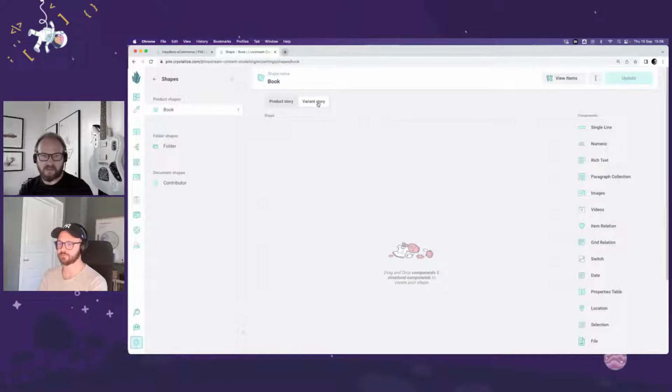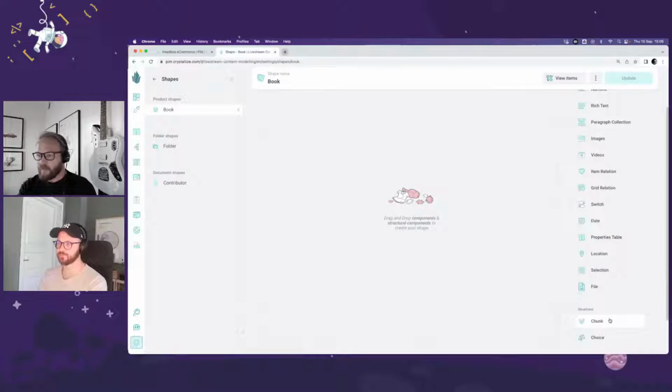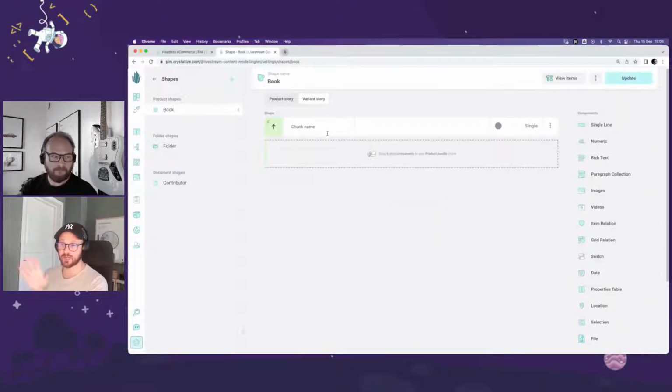Paperback, hardcover, ebook, and audiobook in this case. And all the variants will, of course, share all the components that you're putting in here, but they can have different values that you input. So, for example, now, when you're creating a chunk called contributor,